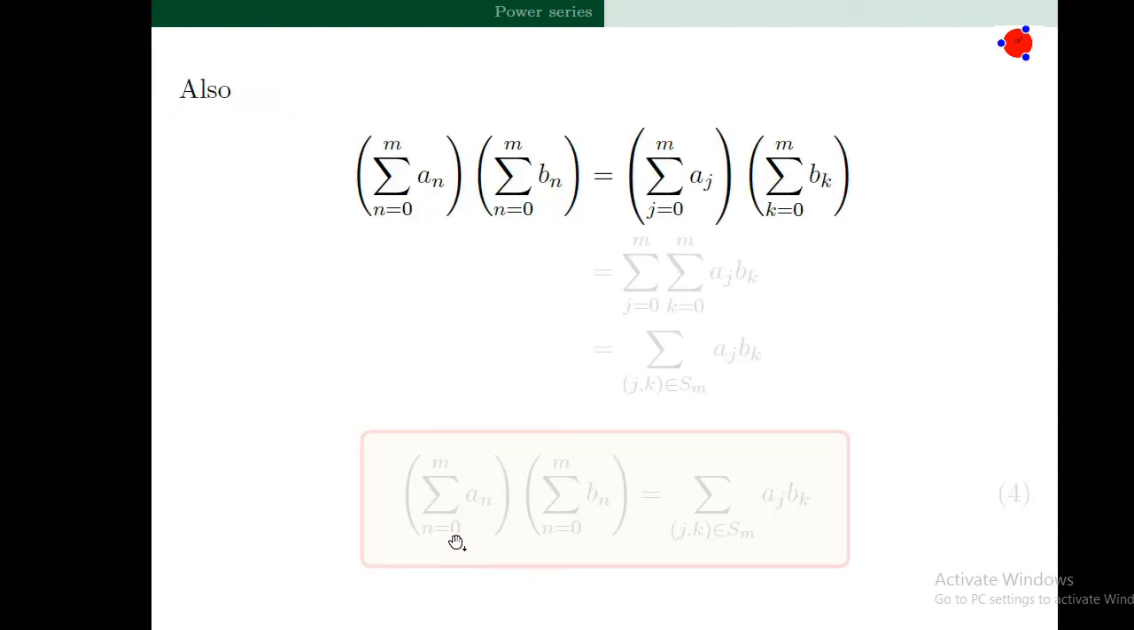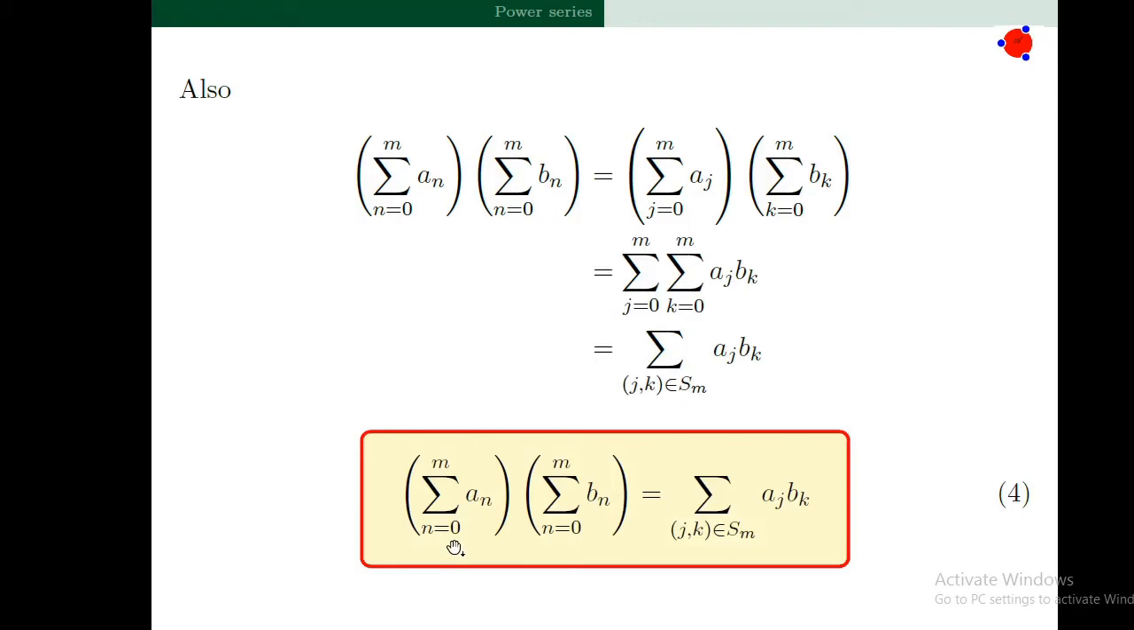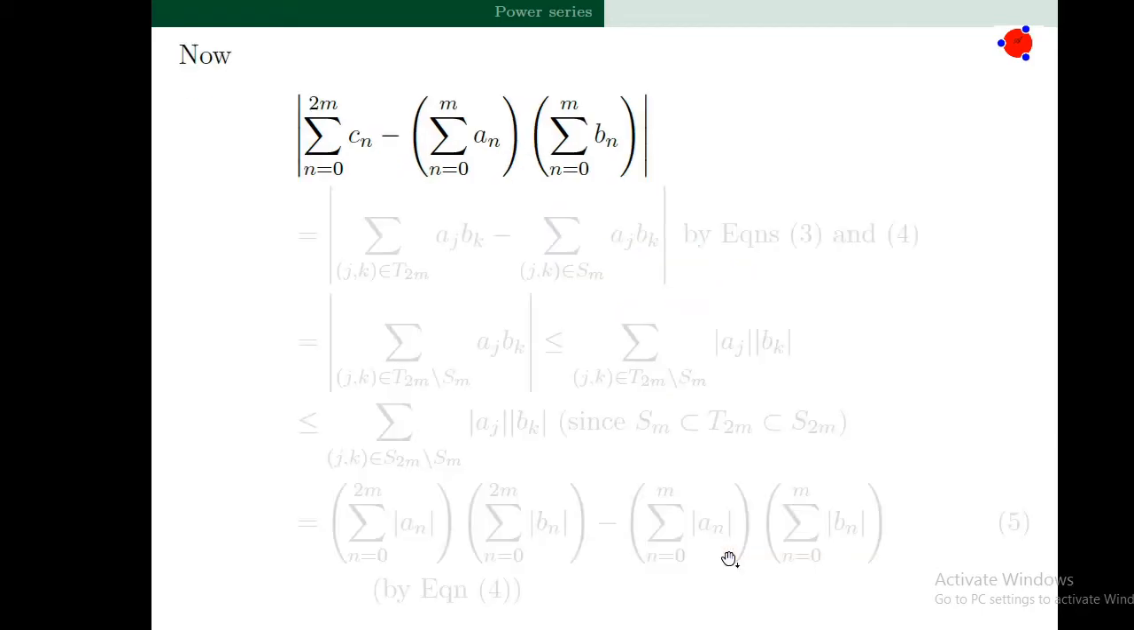And equation 4 is summation n is equal to 0 to m an, summation n is equal to 0 to m bn is equal to summation aj bk, jk varies over Sm. So using these two equations, we can write this difference as, that is the first term is summation aj bk, jk varies over T2m minus,